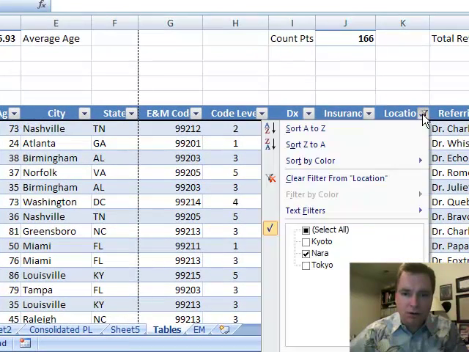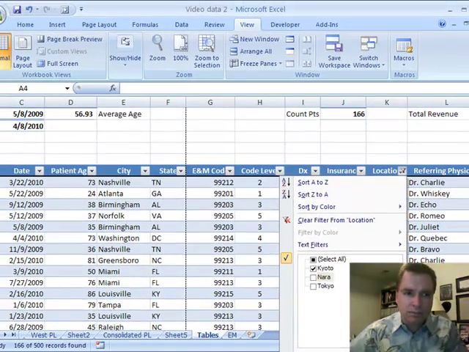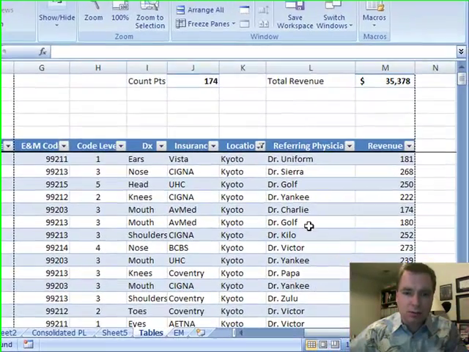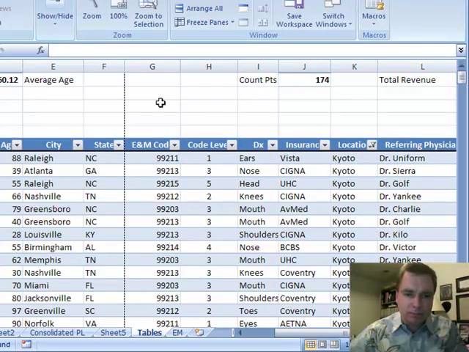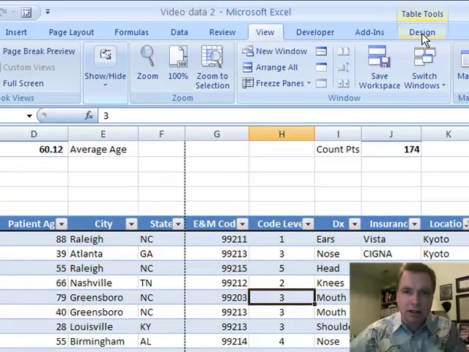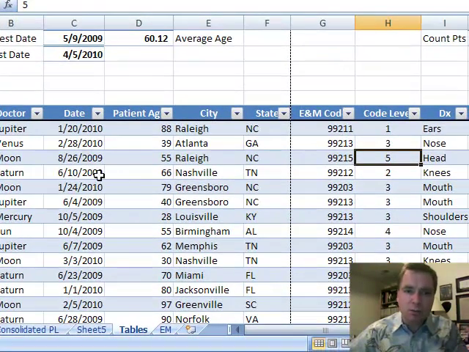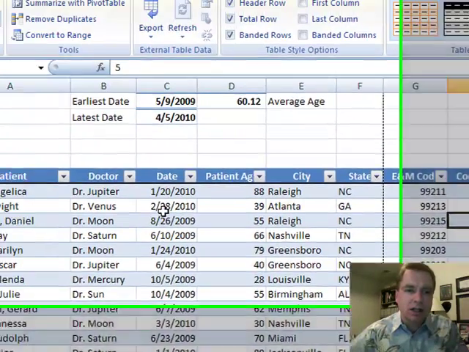And you say, well, does anything change with Kyoto? Sure it does. With older patients in Kyoto, the time that's covered in my data changed a little bit. I've got a few more patients, and the revenue number changes as well. So the trick is to add the totals row at the bottom. Click in Table Tools to make sure you've got a total row. Once you have a total row, copy the formula once you get it the way you want it, whether it's an average or a max, a min, a sum, a count, whatever it is, copy it up to the top